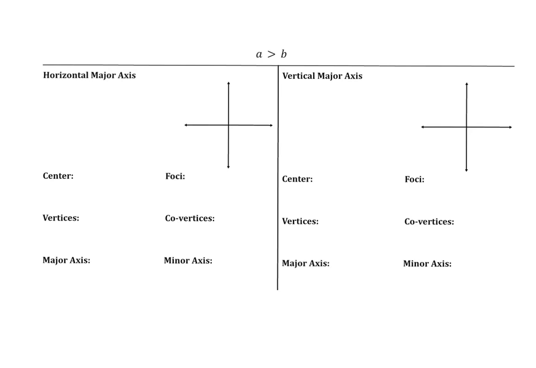All right, we are moving on to another conic section. We are now looking at equations and graphs of ellipses. So here I've sketched two examples, one that has a horizontal major axis and one that has a vertical major axis. So the equation for an ellipse is (x minus h) squared